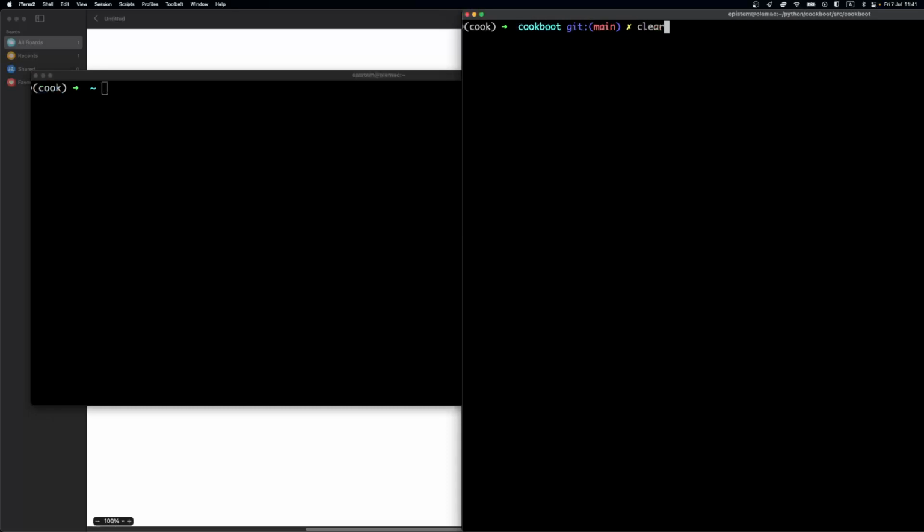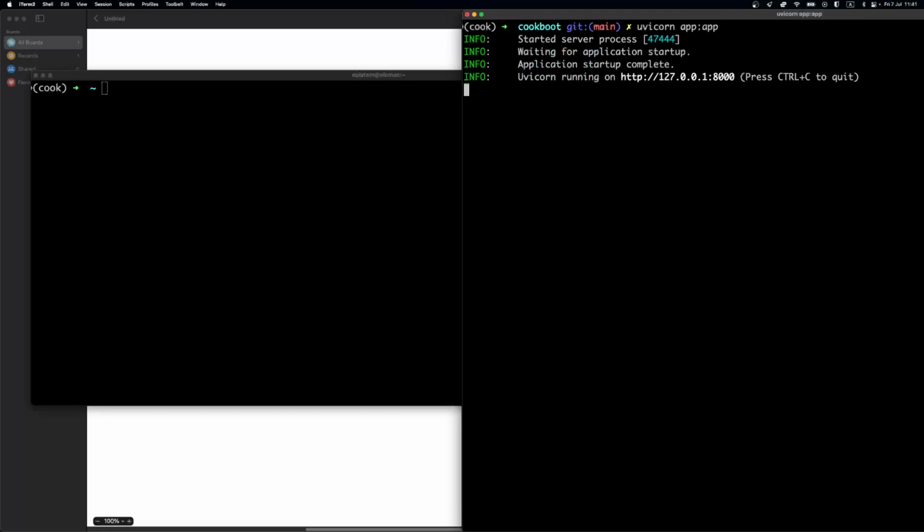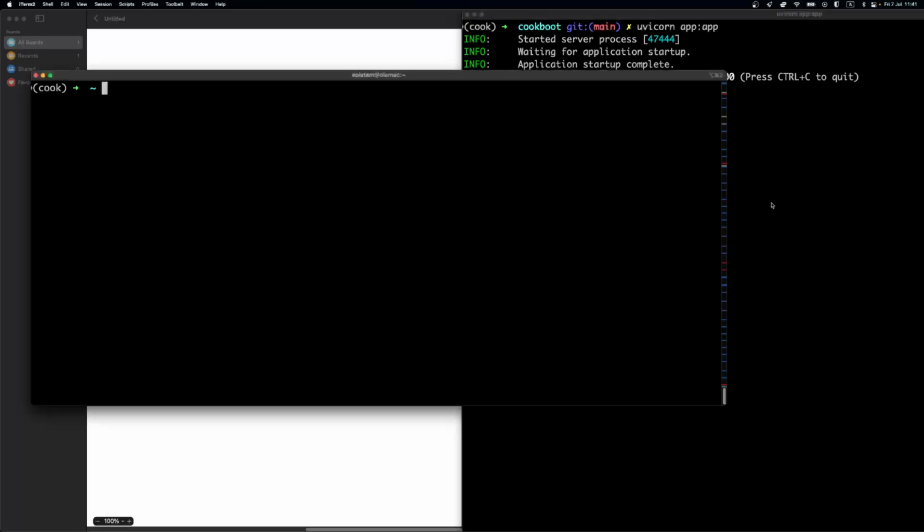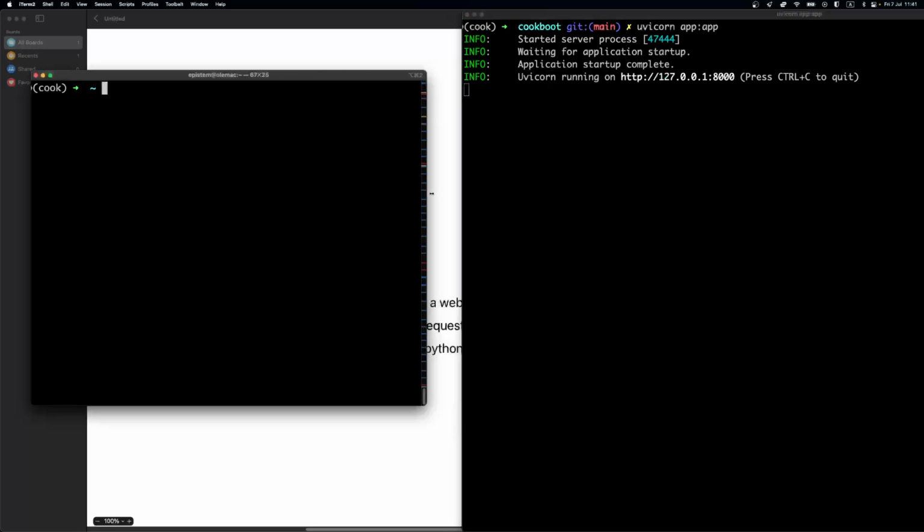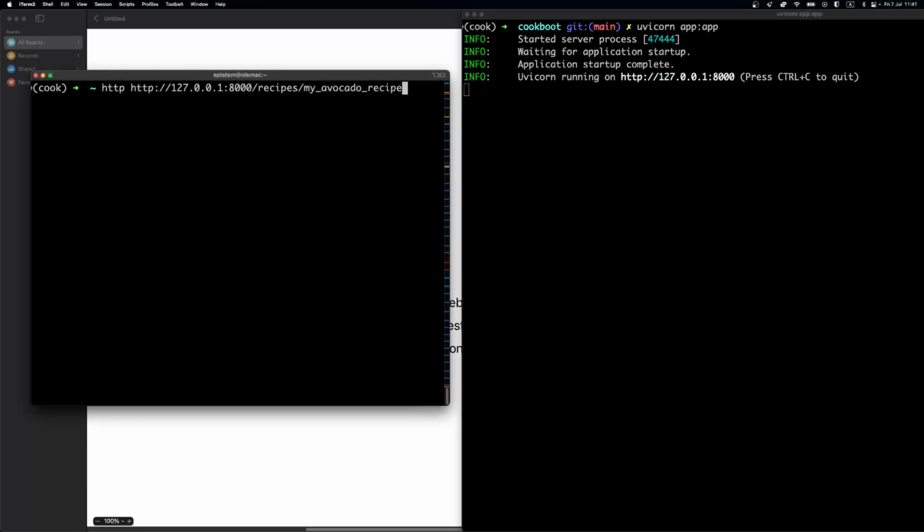In one window, we will have a server, which will start like this with uvicorn app:app. I will later explain what these names mean. But now we have our server running. And then we can have a second window where we can do a request. And this can be something like this. So HTTP, well,